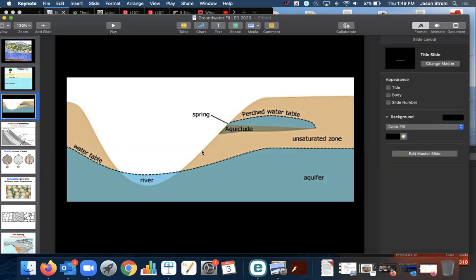And then this other part of this diagram with a spring, I'm sure we've all heard of spring water and things like that. This is one type where there's a layer of rock or certain type of soil that is impermeable. It doesn't let water move through it, so it's holding that up and kind of containing it. And then slowly it kind of leaks out of that, typically through the side of a mountain or a cliff or something like that. Another type of spring